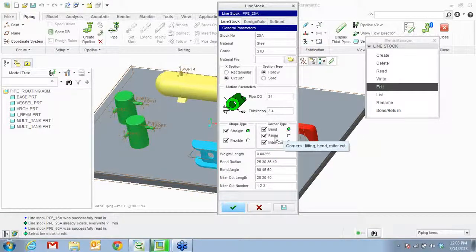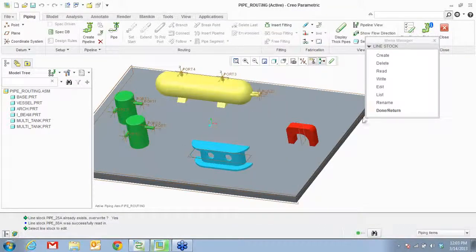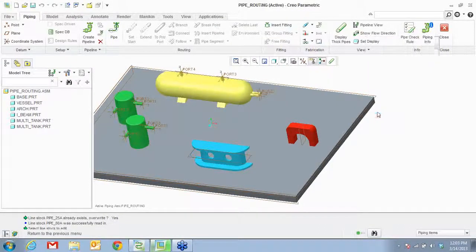You can choose a bend, a fitting, or a miter cut. Some of the other parameters here, the possible allowed bend radiuses that you specify, bend angles, miter lengths, and miter cut number. Alright, so that's what we will be using for this particular pipeline.